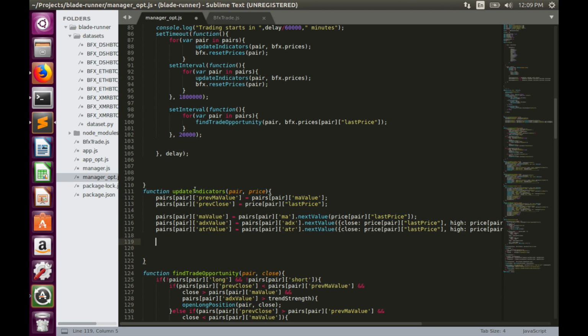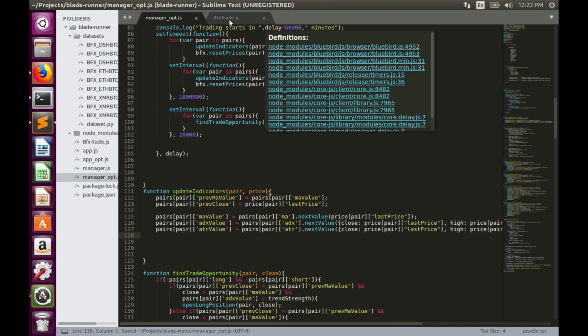So when we call the update indicators function, firstly we will assign the current moving average value to the previous moving average value and the current last price to the previous close price. And then we'll get some information from our indicators and update the moving average, ADX and ATR values. Okay, now we are ready. Let's save this file and switch to